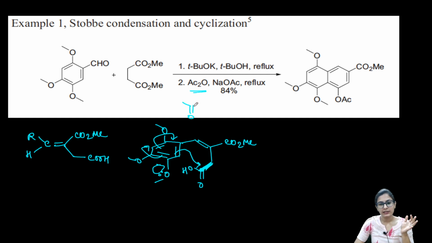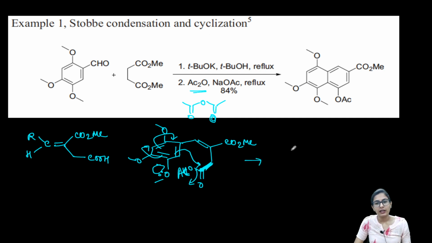Alright, I'm not showing this step, but you can understand from here that you have the acetic anhydride over here, and the O minus or the OH can attack the acetic anhydride, take up the acyl group, become OAc, like this acetate group, and then become a very good leaving group, just like that. Okay, and after that, what do we see?